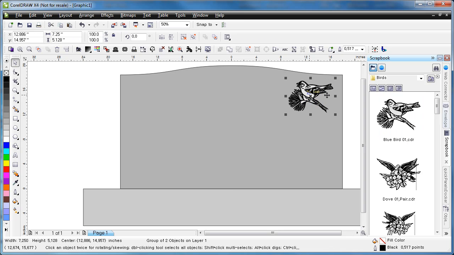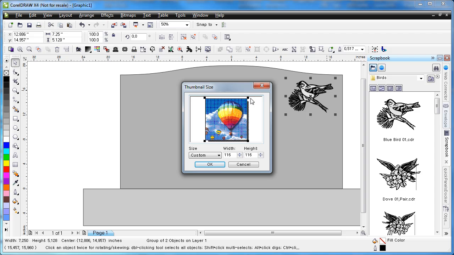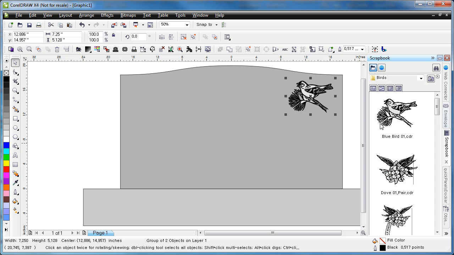Do make sure that you go to view and say thumbnail size, and you want to do a custom size, which is as large as you can go. Just stretch that out as big as it'll go. Click OK. And you also want to make sure that your files are saved as X4 files or higher, because they incorporated the